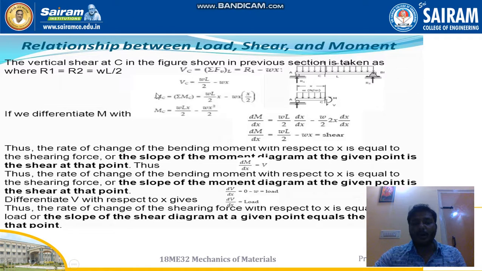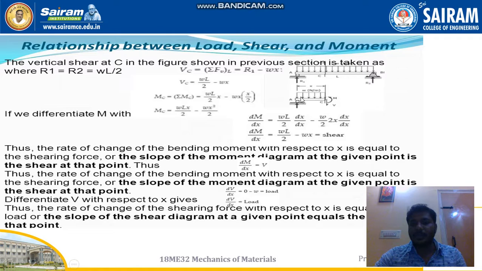R1 will be equal to R2, that is WL by 2. W is a load and L is the length with the given distance, divided by 2. Now the sum of horizontal forces with respect to length will be equal to W into X, where W is the load and X is the distance. Here the vertical force at point C is WL